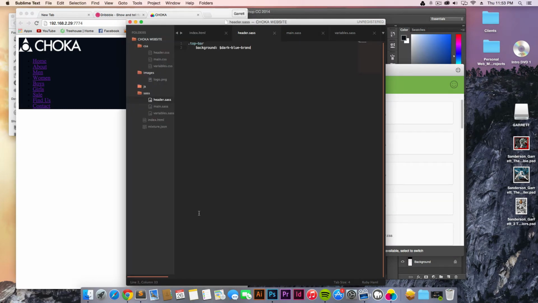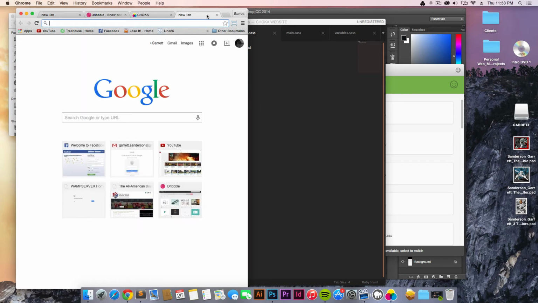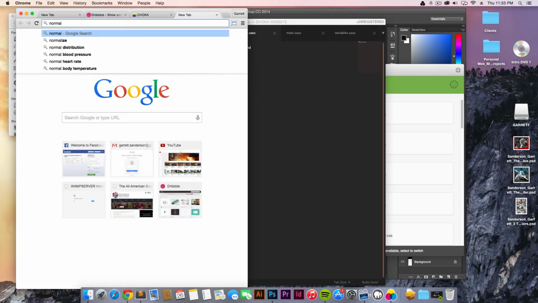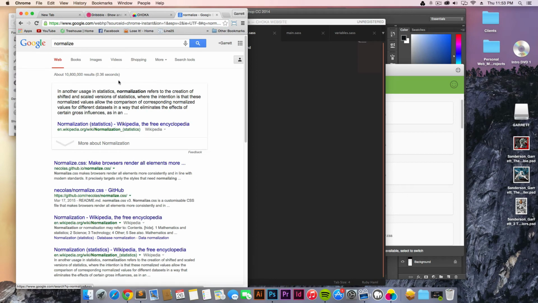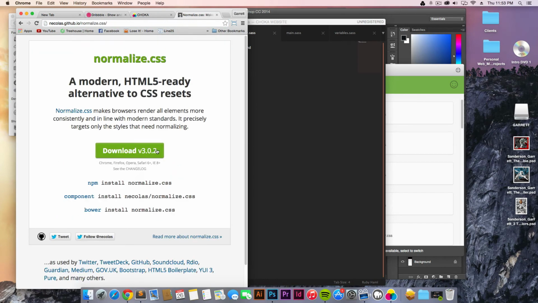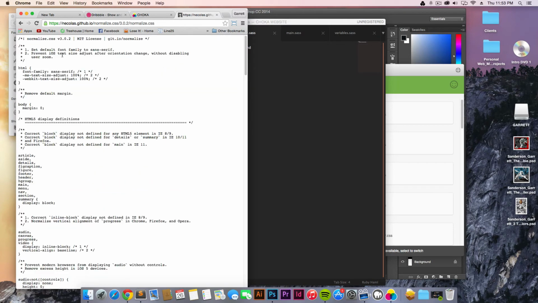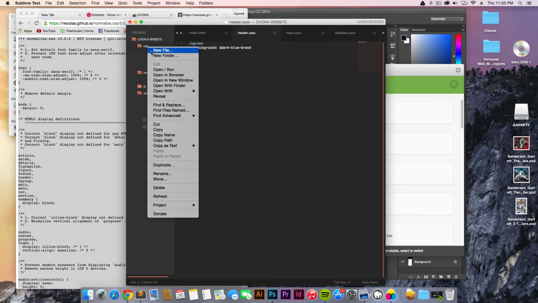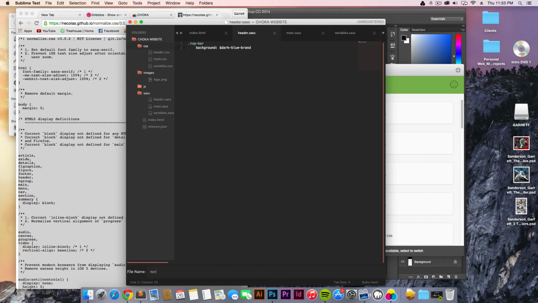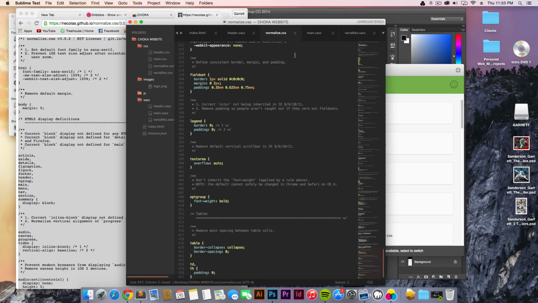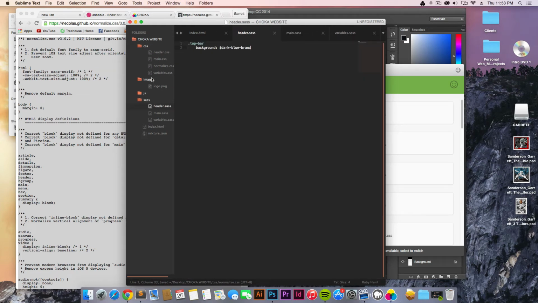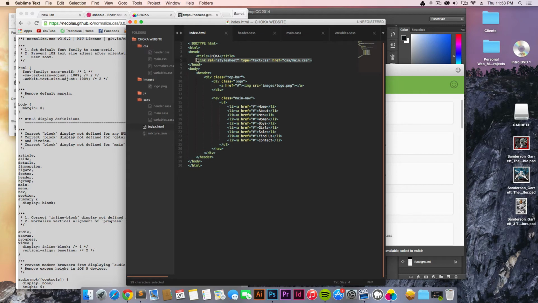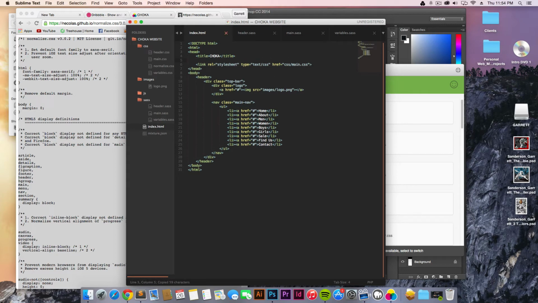So what we're going to have to do is go grab a CSS reset. And what I usually do is just go to normalize.css. It's just HTML5. It resets all the browsers so they all look the same. It's right here. I just copy this in, and I'll go into CSS, make a new file, call it normalize.css, and I'll just paste all this in here, save, come into my index.html, copy this, and